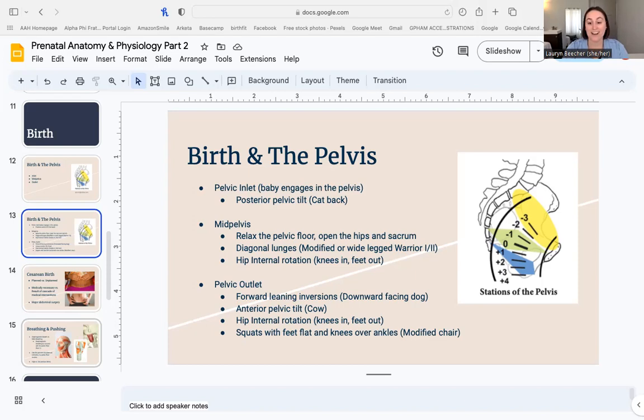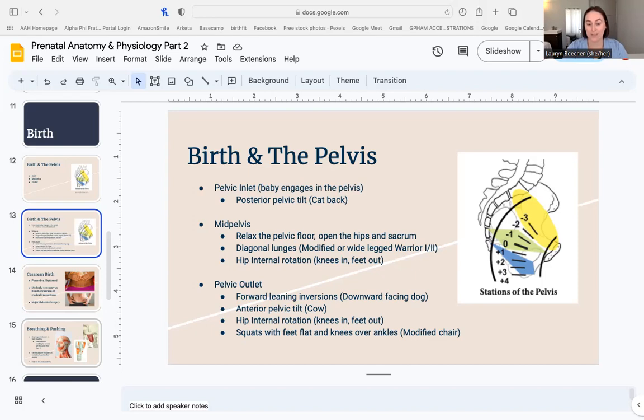If the baby is sitting really high in the pelvis, changing that position, coming into a gentle inversion and then shifting back out of it, basically gives the baby an opportunity to reset, and can be really helpful. As you might have guessed, moving into the opposite positions from what opened the inlet opens the outlet. If a posterior pelvic tilt, rolling my pelvis back, tucking my tailbone under, opens the top of the pelvis, then doing the opposite, arching my low back and lifting the tailbone, is going to open the outlet,